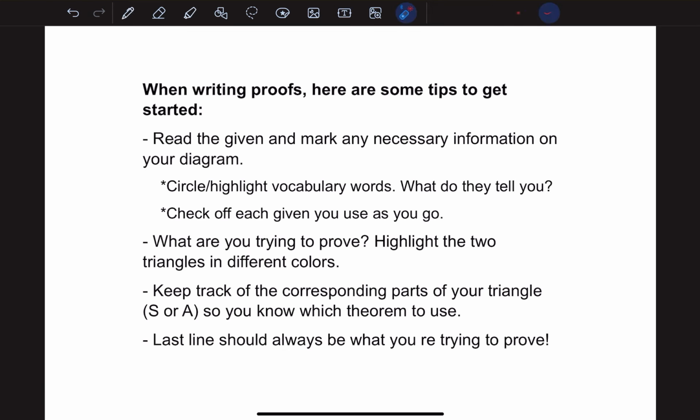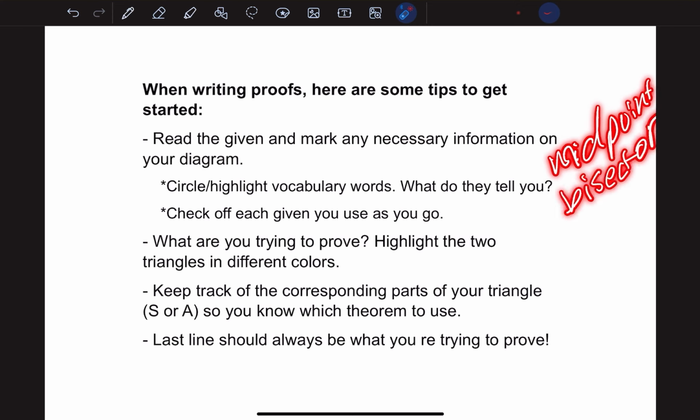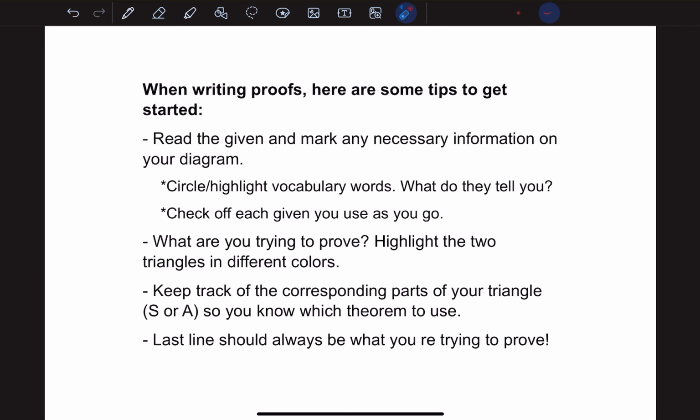So some important information as we start writing more and more proofs, right? Read the given and start marking up the diagram. I would mark things up before you start writing things down, just so you have a game plan. Circle or highlight important vocabulary words. That might include midpoint, bisector, right? Among others. Check off each given you use as you go. If you have multiple givens, it might get a little confusing, so give a little check as you mark things down,